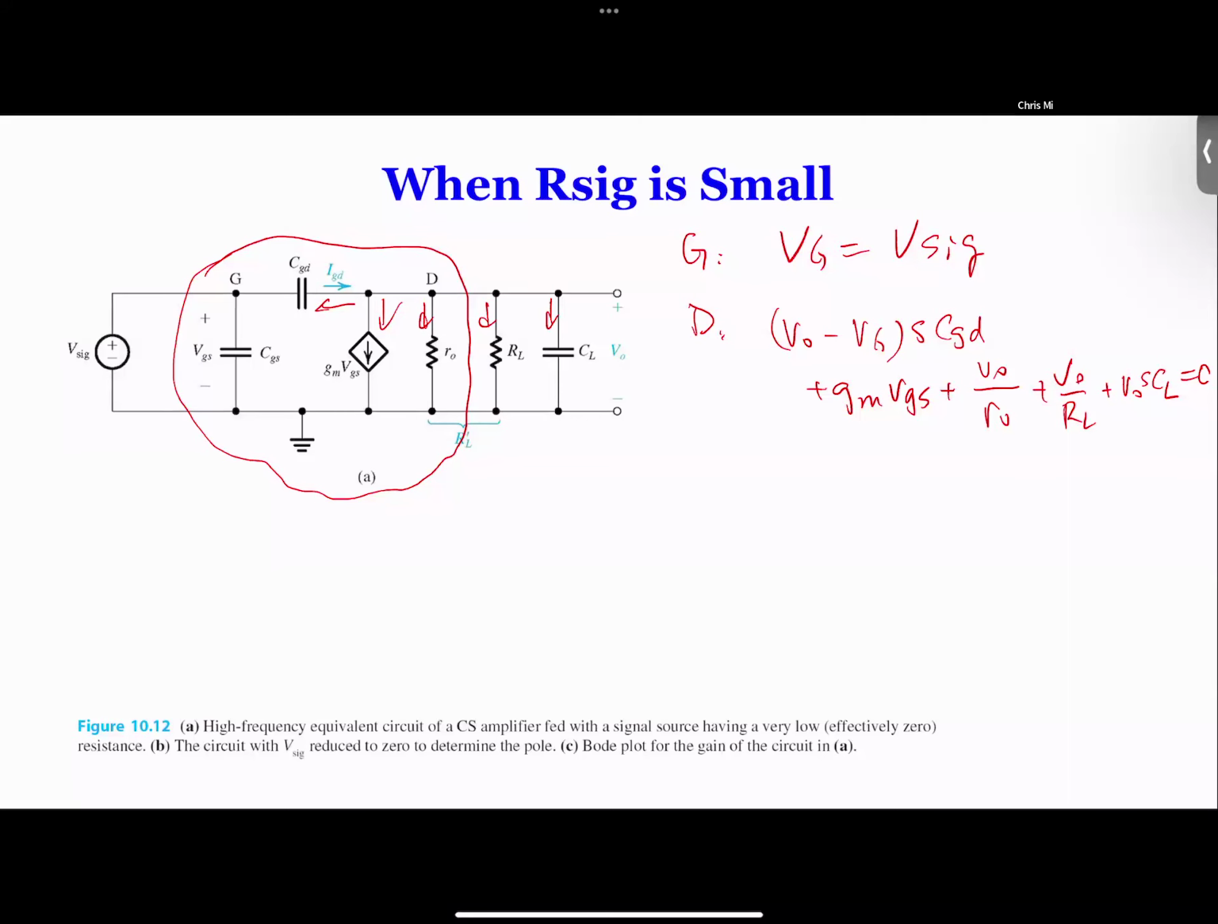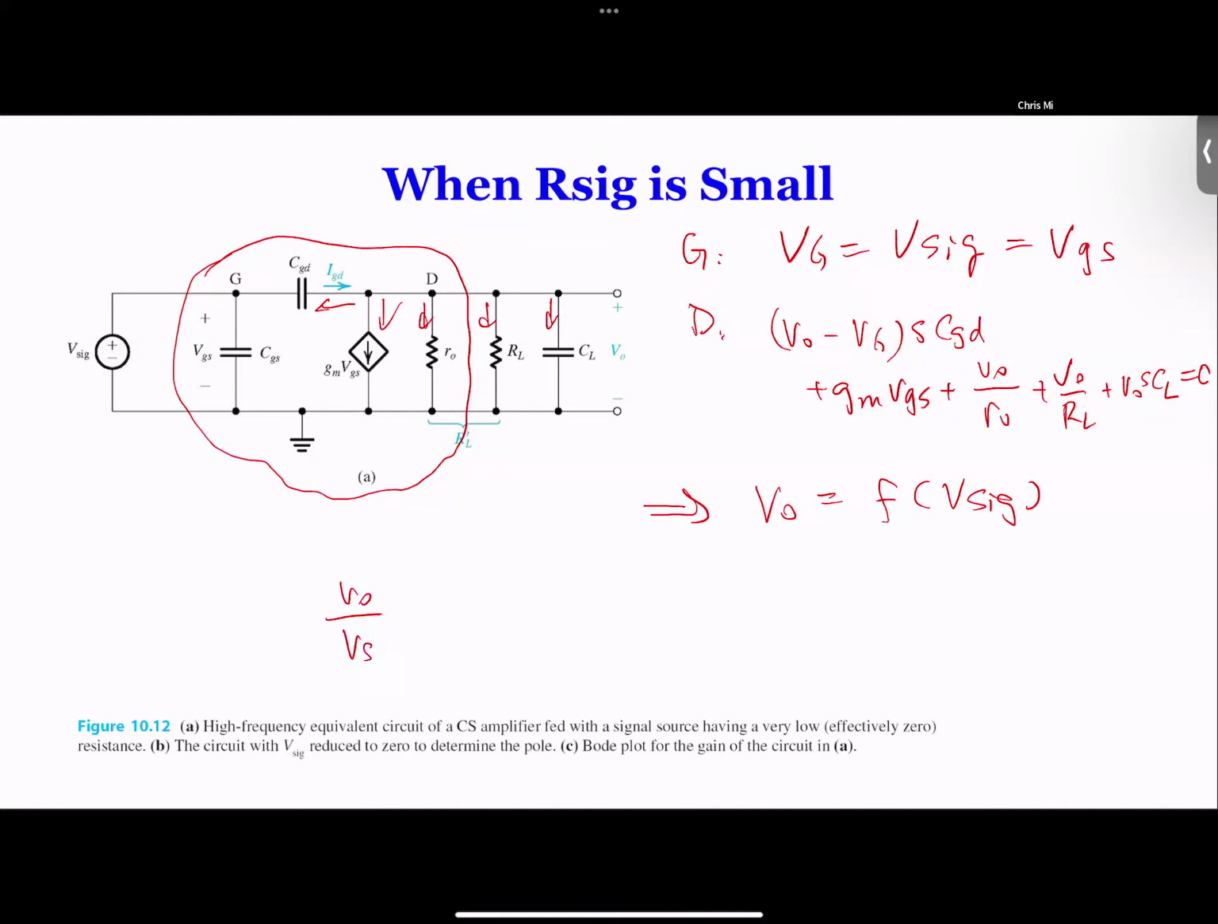We write the second equation. So now you know that VG is VSIG, so plug in VSIG for VG, and VG is also the same as VGS. So we replace VG and VGS in this equation, and now you have VO as a function of VSIG. So from here, you would simply be able to get VO as a function of VSIG. And that equation, again, we're going to neglect the intermediate step of how to derive it. We find that